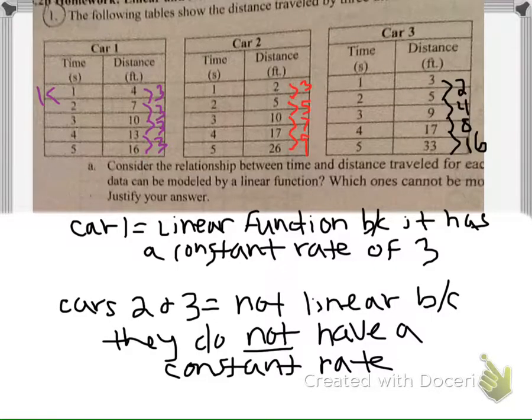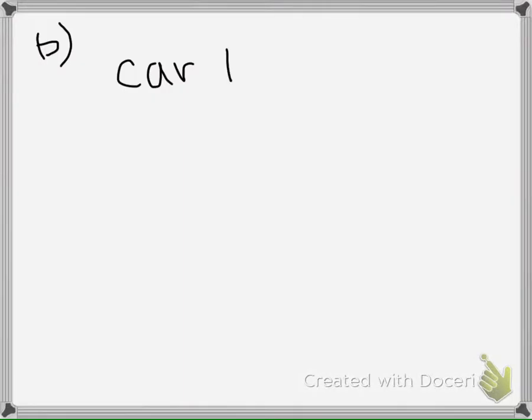The only one that was a linear function was car 1. So I'm going to look back at car 1. My slope was 3 and I have to work backwards to find my y-intercept. So if this goes back 1, this goes back 3, which means at 0 it is 1, which is my y-intercept. So my equation would be d equals